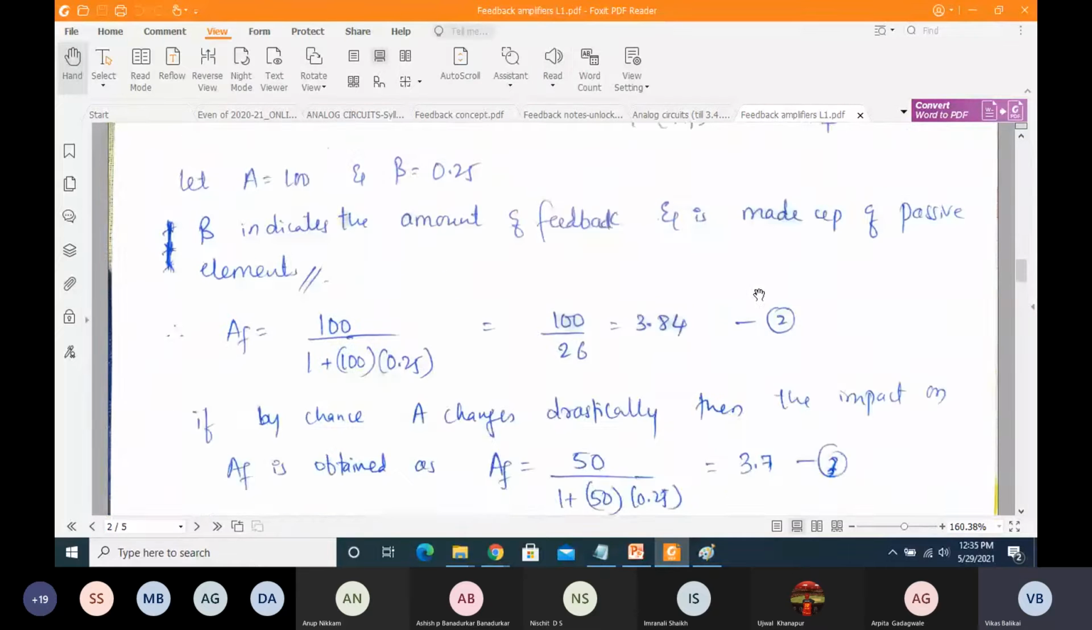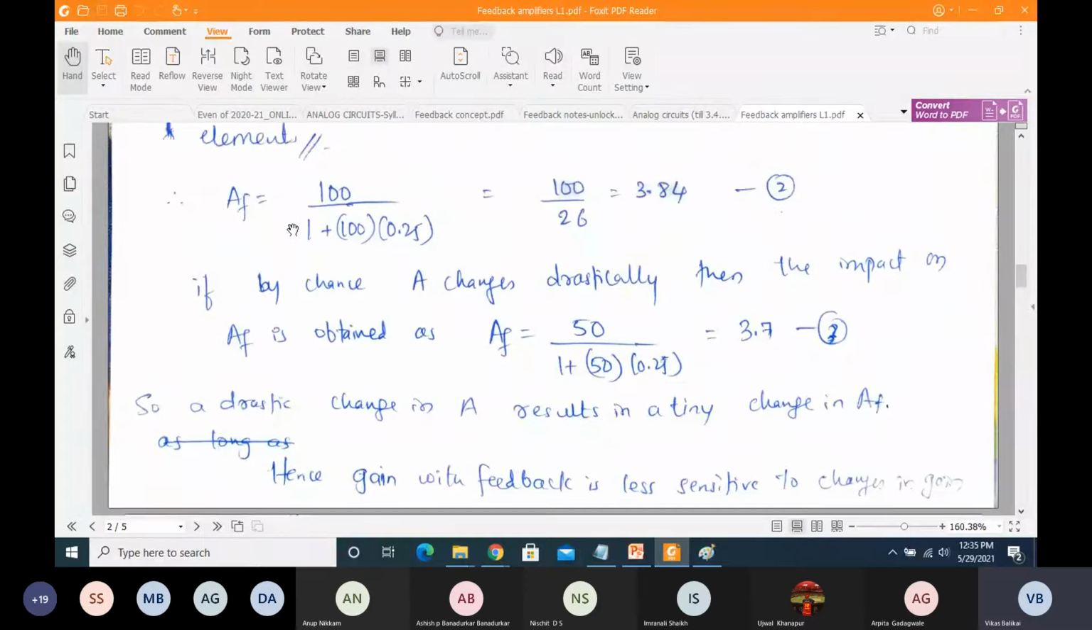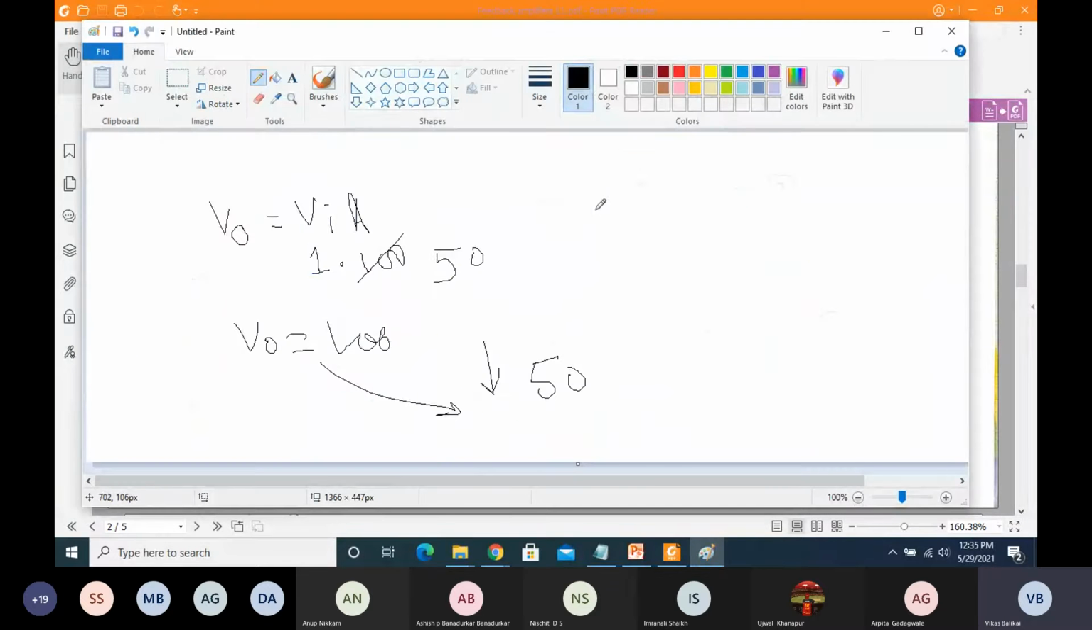And A is now reduced from 100 to 50. So if I substitute that, what will the AF value be now? AF value is 3.7. What was your AF value then? 3.84. Now what is the AF value? It has not reduced drastically. So basically with feedback,